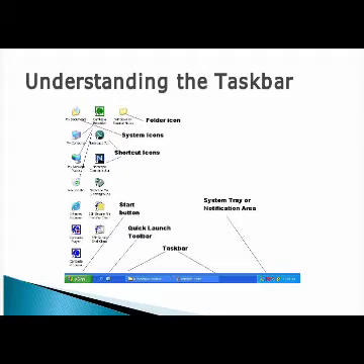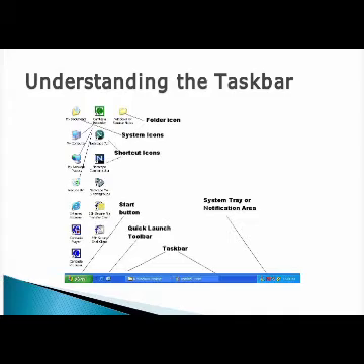Understanding the taskbar. See, at the bottom, can you see the start button? The blue color bar at the bottom, until the date and time, this area is called the taskbar. So what are the things under the taskbar? Start button. Next, can you see the quick launch toolbar?